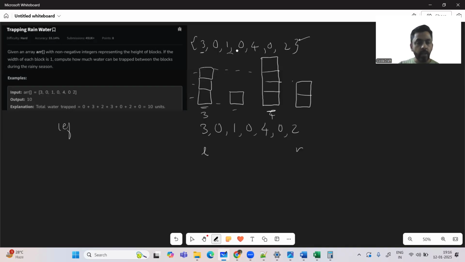And we'll have two variables: left max, which will be 0, which denotes the maximum on the left side, and another, right max, which will be 0 again. Now what we are going to do here is check if arr[L] is less than